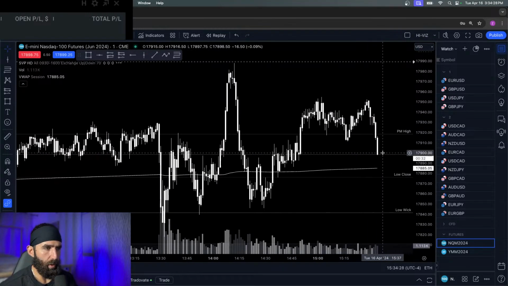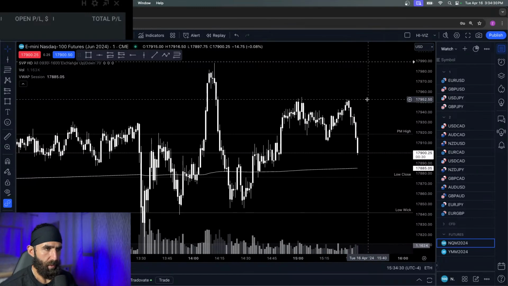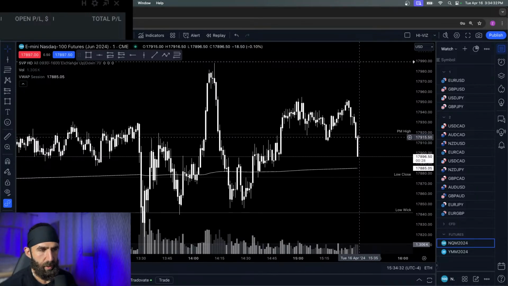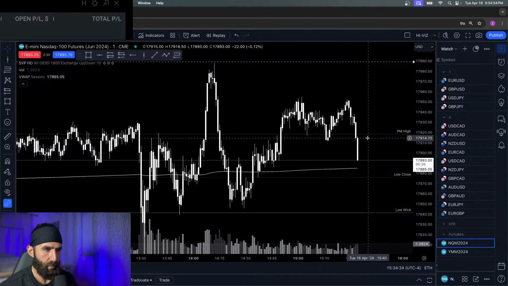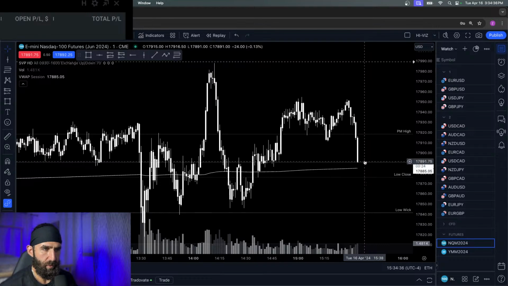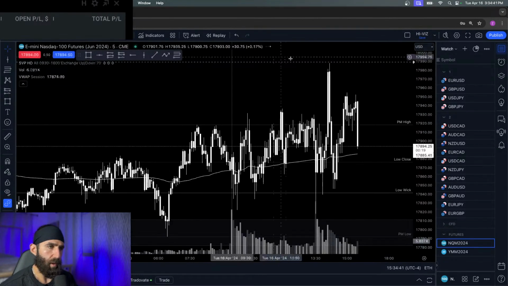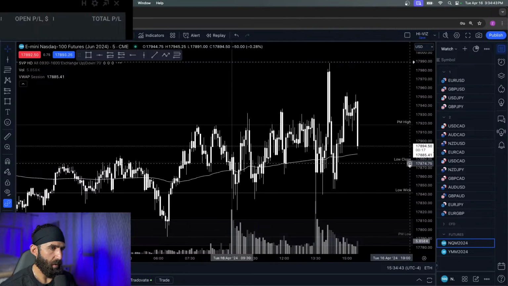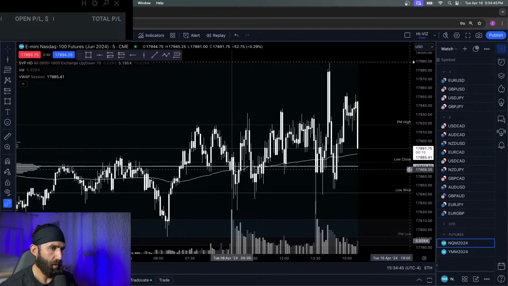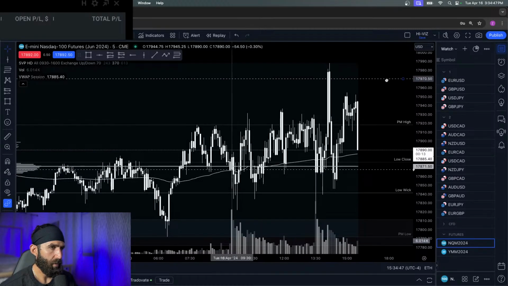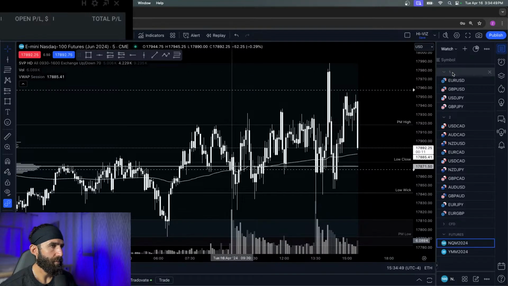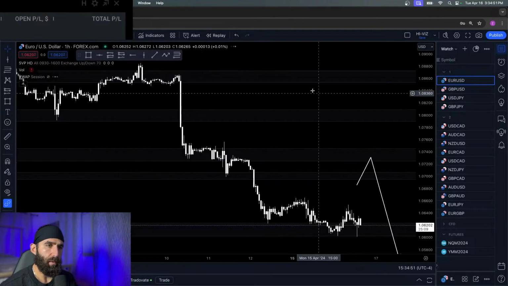This is what I'm talking about, just this choppy BS. You could be chasing price and trying to get on the right side of the quick move and capitalize on a small amount of pips, hoping that you don't get stopped out. But I don't love this. I want to know if it comes way back down here, and if it comes way back up here. Let's look at Euro.